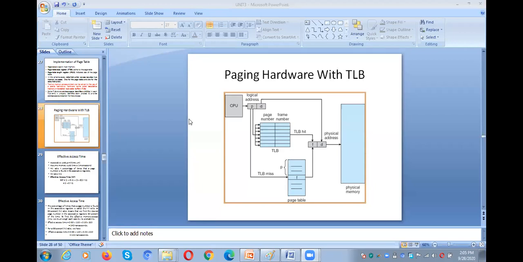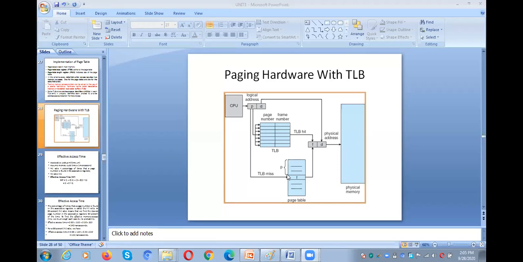Okay. So this is about the translation lookaside buffer. So that means instead of accessing the main memory two times, one for accessing the page table and the second one for accessing the data, in order to avoid this problem, we'll go to the translation lookaside buffer. That means whenever you are trying to get the frame number of a particular page number, we need not go to the main memory.